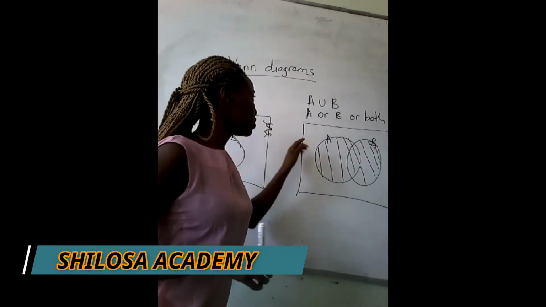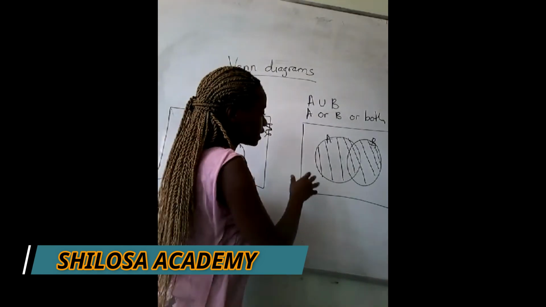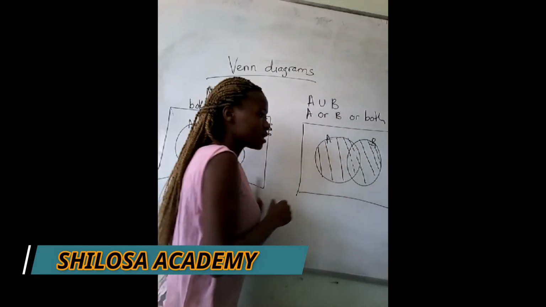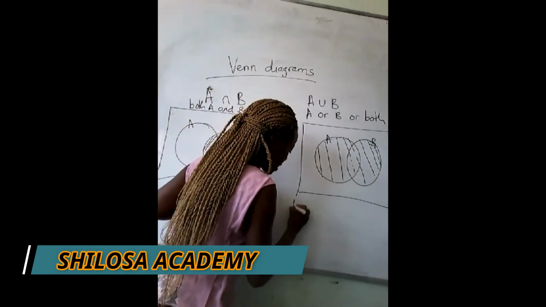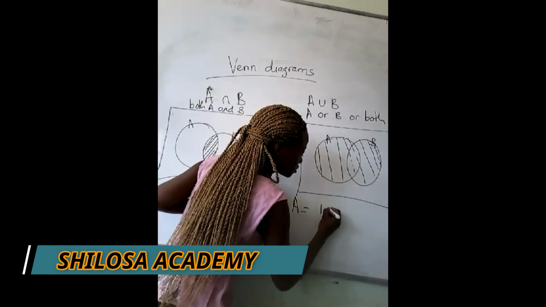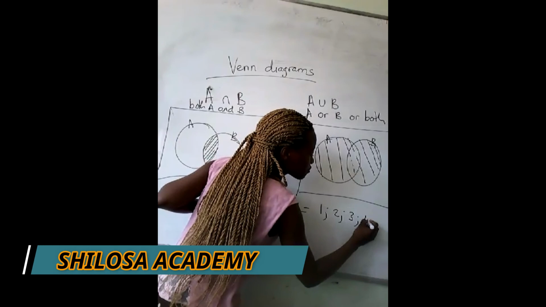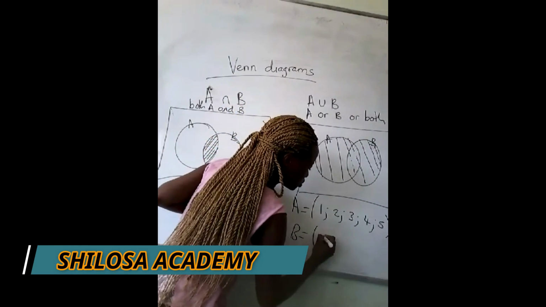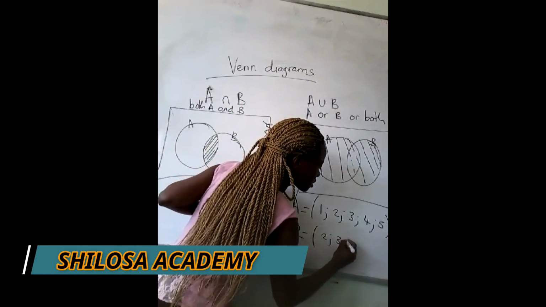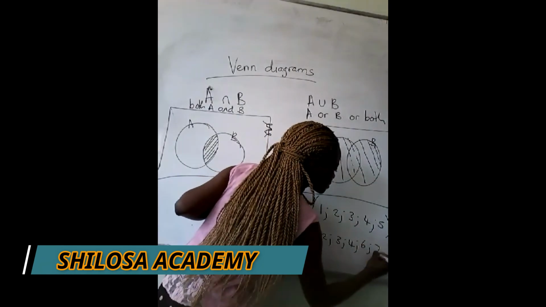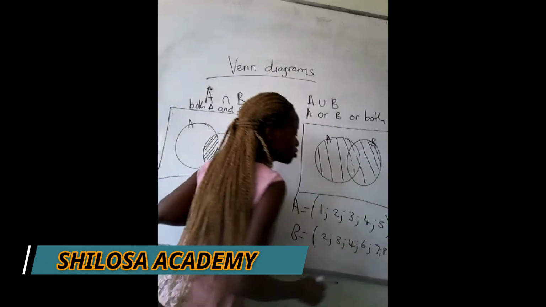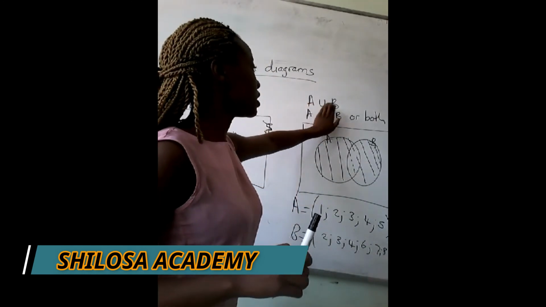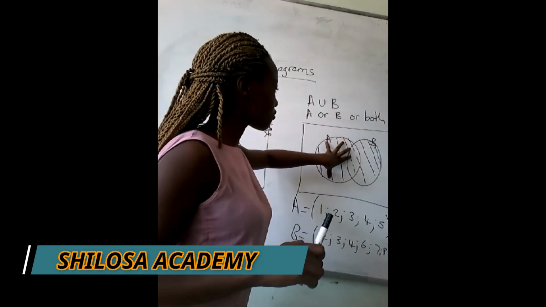But now, on A union B, we have to take note that there are elements that are at the intersection. Let me give you an example. We can have A being 1, 2, 3, 4, 5, and here our B is 2, 3, 4, 6, 7, 8. So when we are asked the sum of A union B, for A union B we are taking the sum, that is